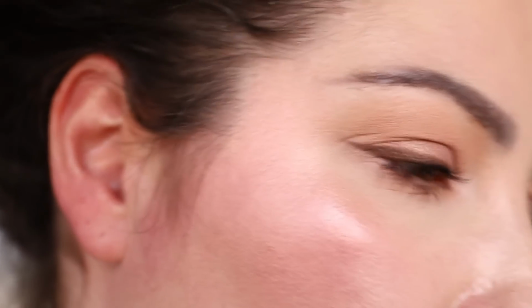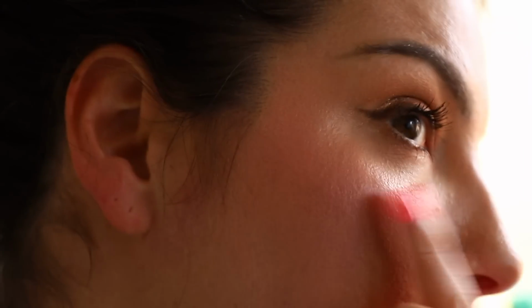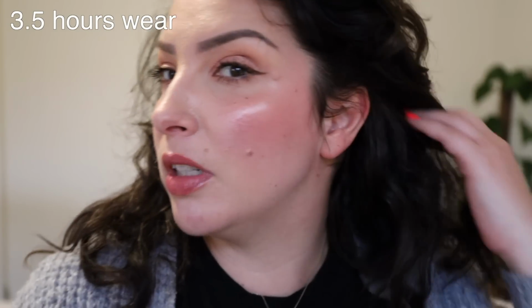Can you see how the makeup underneath the MCoBeauty one has just sort of rubbed off? I don't know if you can see what I'm talking about, but there, it's like gone patchy all of a sudden. So frustrating. Okay, it's been probably about 3.5 hours, and there hasn't been much change from like the 1